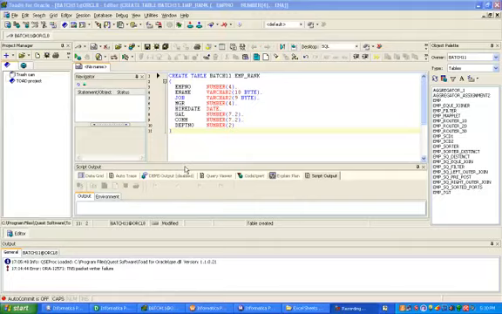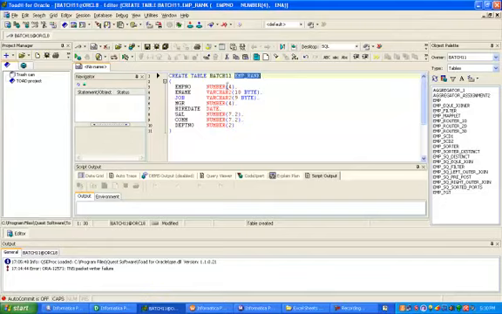Hi, this is Manish. Today I'm going to create a rank transformation in Informatica. Before creating the rank transformation, I'm creating the employee_rank table in the target schema. I have created batch 11, a new user for the target schema, and the employee_rank table in that schema. So this is the structure of the employee_rank table.